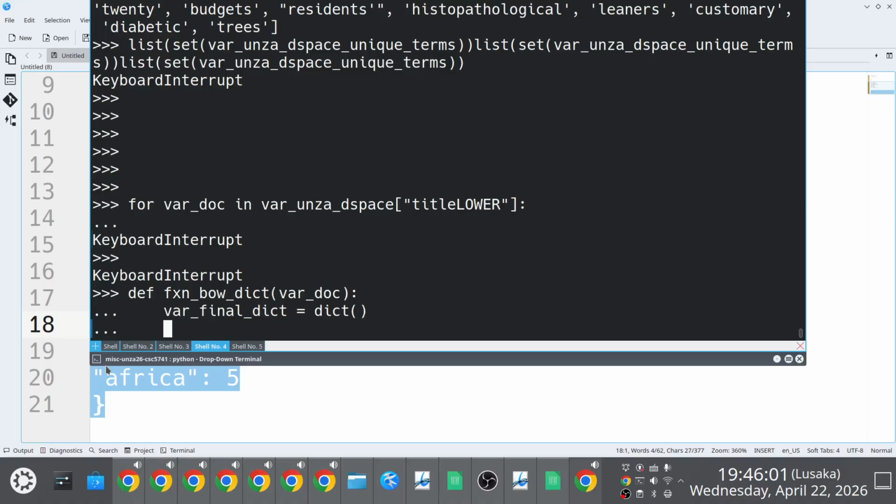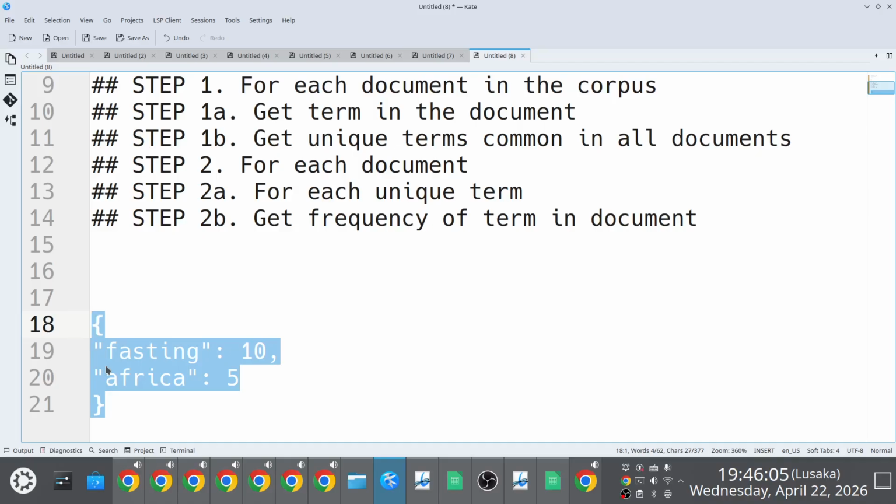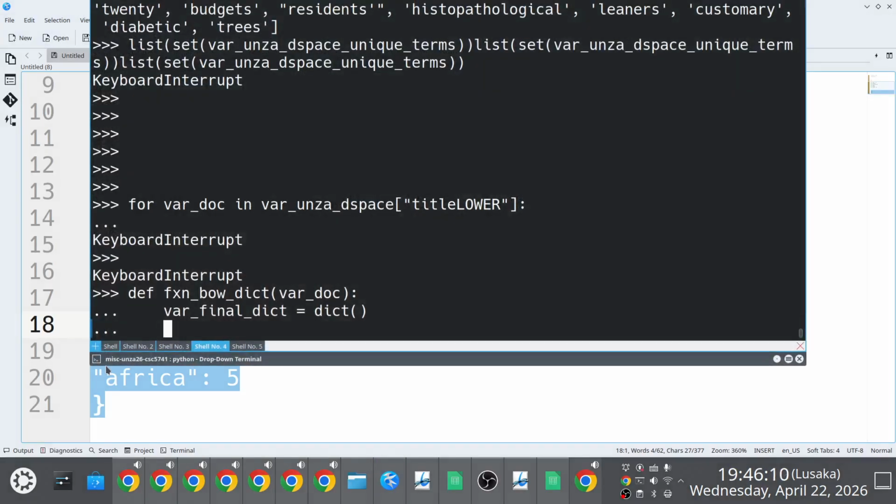I think it should work. I don't know, maybe not. So I'm creating a dictionary, right? This is going to be a final dictionary, right? But the way the final dictionary works is that I'm going to have to loop, is it? I'm going to say for